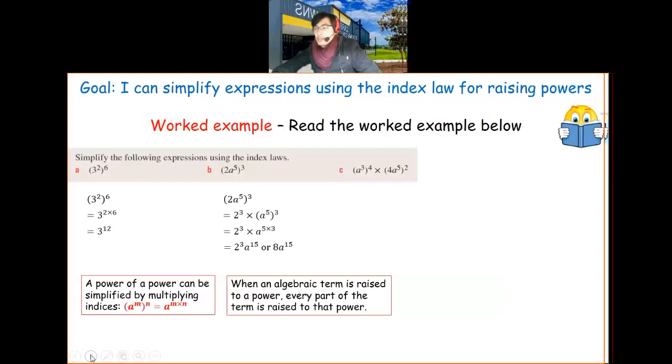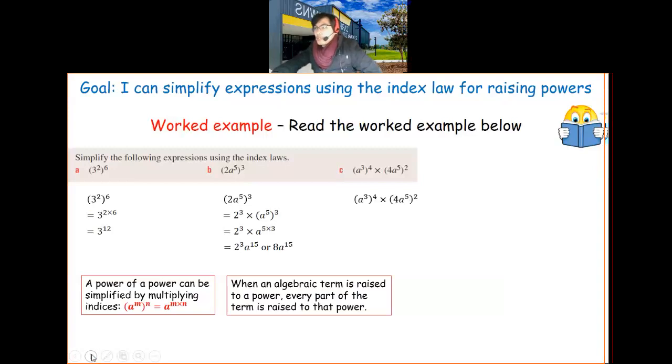And if you want to, you can use a calculator to work out what 2 to the power of 3 is, and that's 8, okay? But I don't expect you to use a calculator for that one, all right? Because some numbers will be too big for us to actually use the calculator. It will be just better if we leave it as a power.